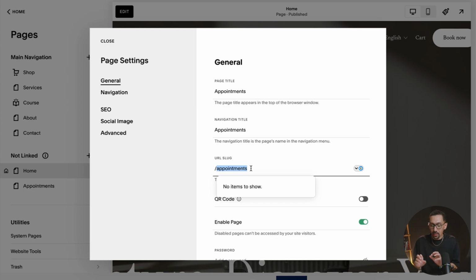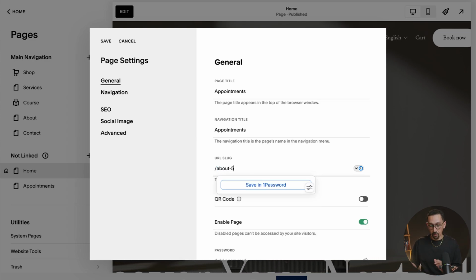That doesn't matter as much as it is relevant for that page, because now you are going to optimize all your pages based on this. It's kind of like a phone number. You don't want to change this frequently. Now, if you come in here and you're just building a site, change it, you're good to go. But if you come in here and you've had your site up for a very long time and it says like about 5, you've had your site up for a really long time,